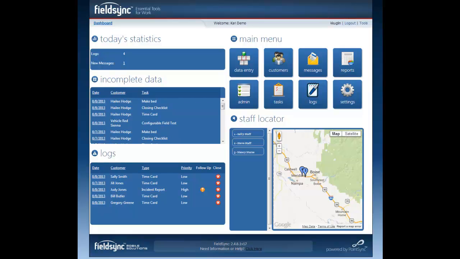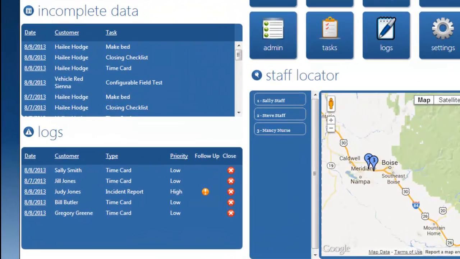The first feature that we've added is the ability to configure which log types are displayed on the dashboard within this logs area. Now, as you can see right now, I have several logs that are entered in here, some time card entries, and also an incident report. Well, depending on the amount of staff members that you have within your organization, you may or may not want to see every single log that is created within the system, but only have visibility to those that are really, really important. So in this example, what I'd like to show you is how we can remove the time card